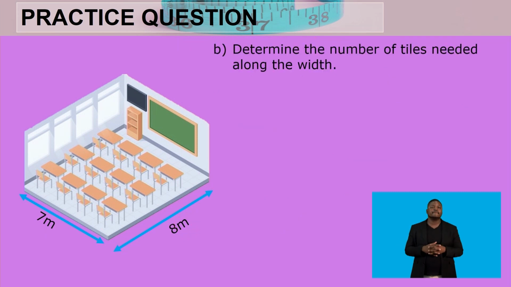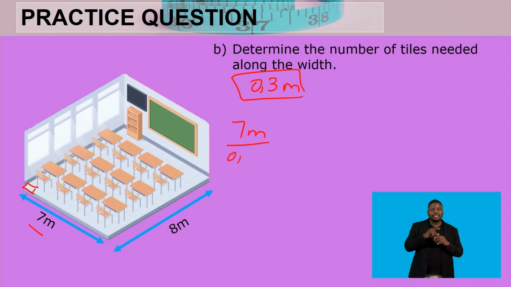The next question says, determine the number of tiles needed along the width. Now, what is our width? Our width is 7 meters. We calculated the width of the tile in meters, so the width of the tile was 0.3 meters. Now we want the number of tiles along the width. So we'll say 7 meters divided by 0.3 meters. Then what do we get? Take your calculator. We say 7 divided by 0.3. I'm getting